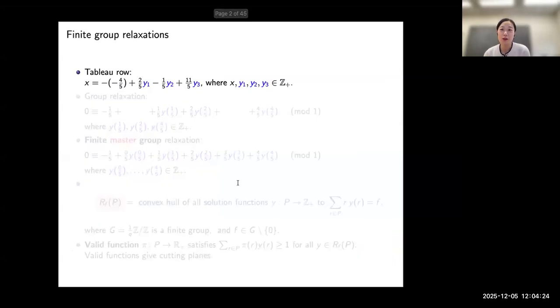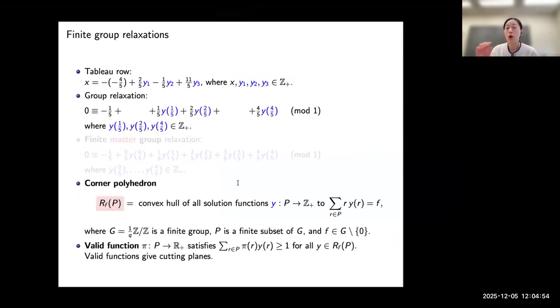All right, so suppose we are given a pure integer program. We use the LP relaxation first, solve it by simplex method. We get the optimal dictionary, and we observe that the current optimal solution is fractional, so not feasible to the original IP. We want to find cutting planes. One way to do that is to use the so-called cut-generating function, a framework introduced by Gomory and Johnson in the 1970s. What is it?